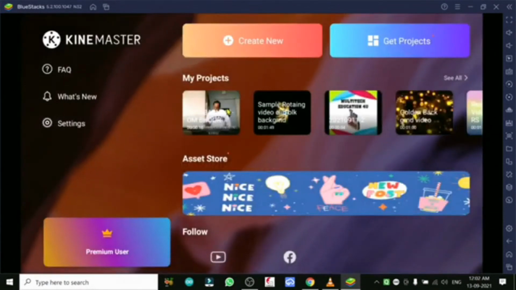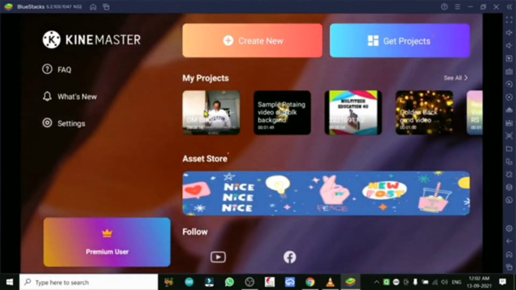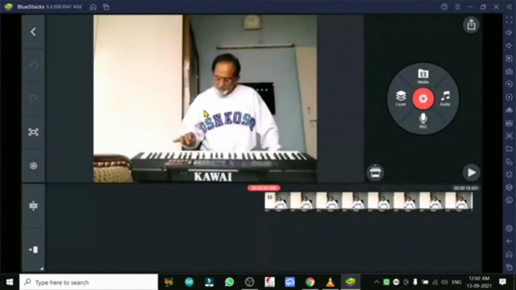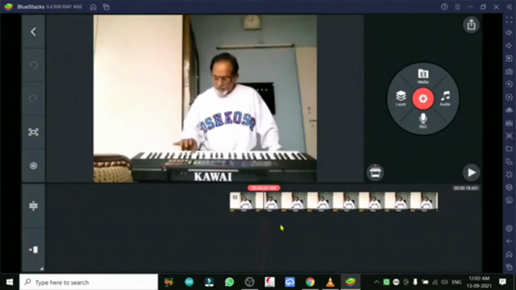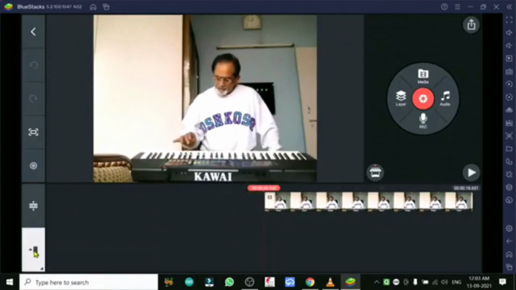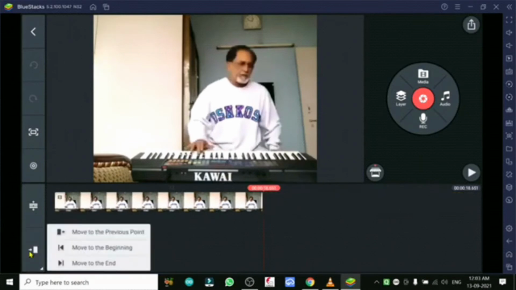how to edit it, how to trim it, how to give backgrounds, this and that. So again we are here, so let us start. Now here you may be looking at this, the capturing. If you want to capture some shot of this video clip image, and this is to move it to the beginning and to move it to the end, the video as a whole.